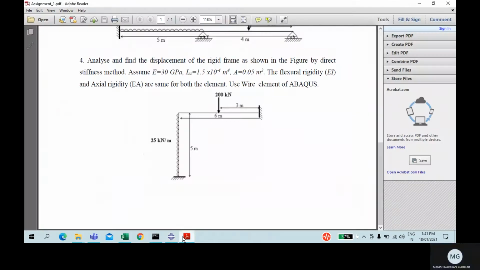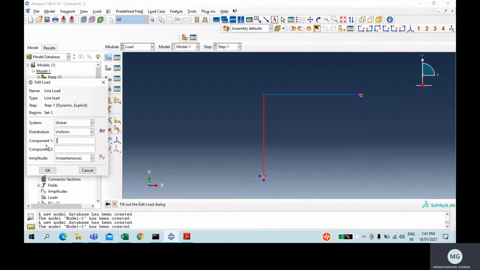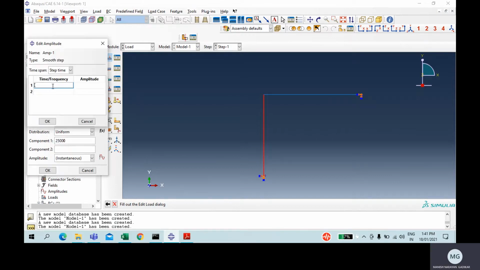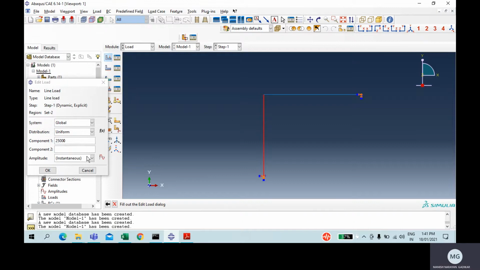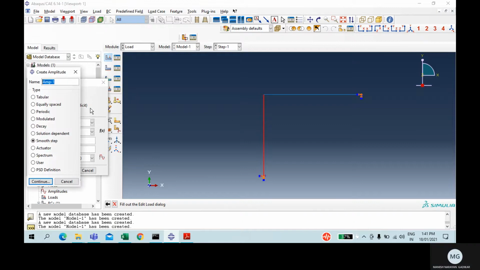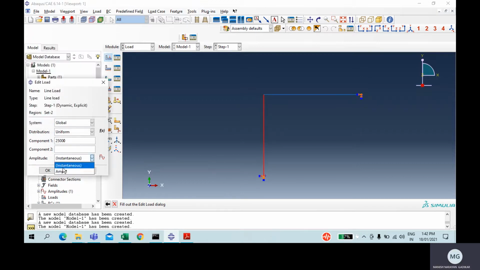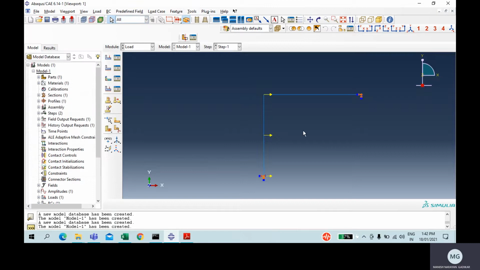Its value is 25, so 25000 in terms of Newton. We have to apply it smoothly, so I'll go for smooth step. At 0 it is 0 and at 1 it is 1. Okay, we have to change it to amplitude. So line load is done.